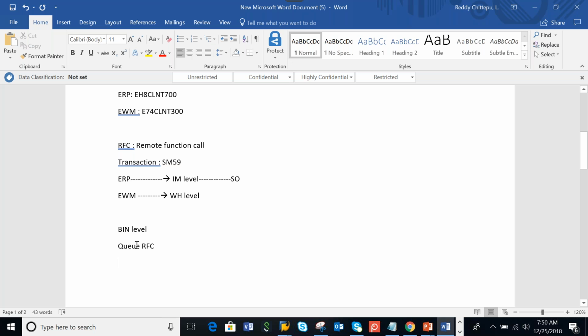Some bunch of data, some data package, remote function calls. This QRFC sends the data into the EWM system and receives the data from the EWM system. If anything is wrong, such as a master data issue or some org level element, errors are there, and those queues can get stuck,